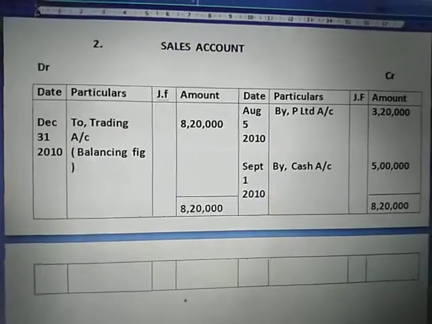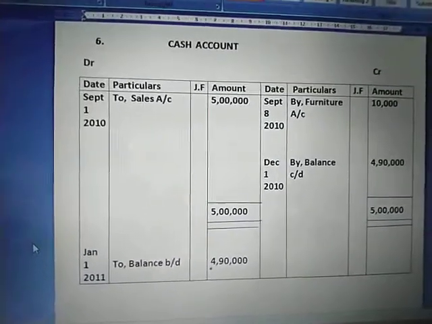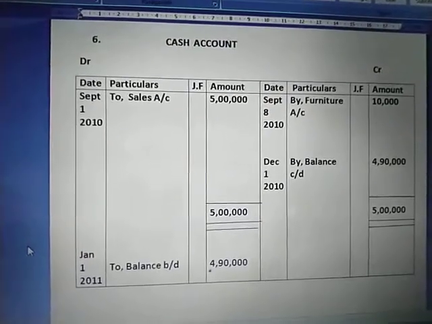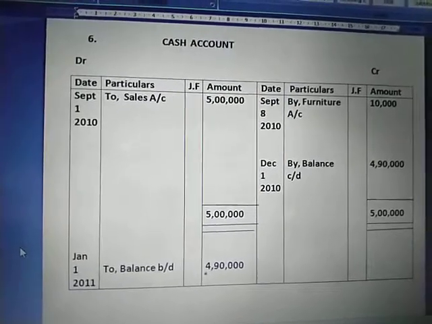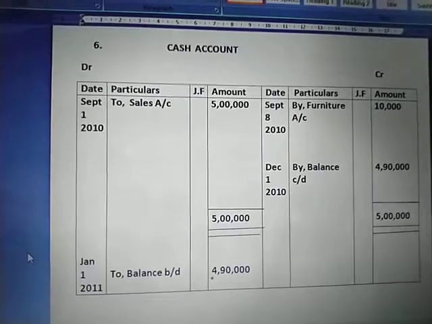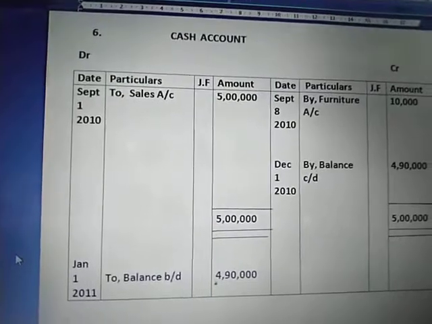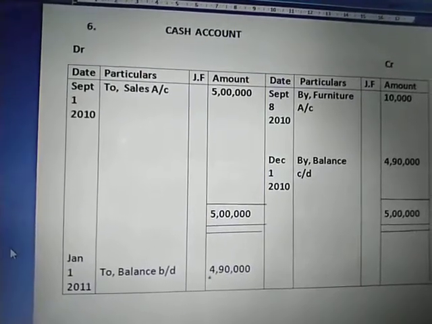Okay, now here comes the cash account. Since the entry was cash account debit to sales, isn't it? So cash was debited there, and since we are having a cash sale, the cash account already contains a debit balance because it is a real account, so we will simply record it as 1st September 2010. On the debit side of cash account we'll write it as 2 sales account by rupees 5 lakh. Okay,